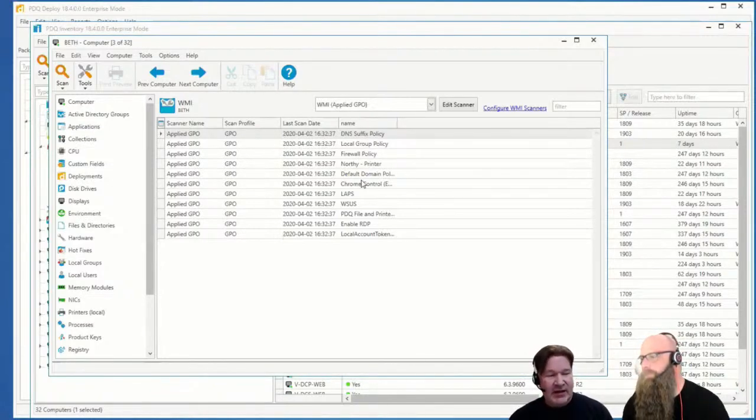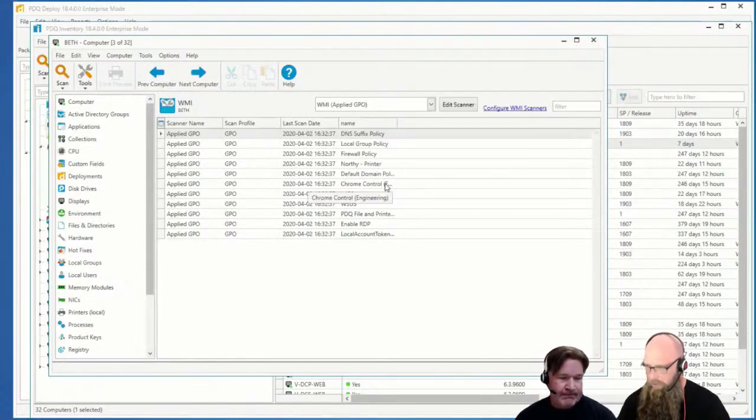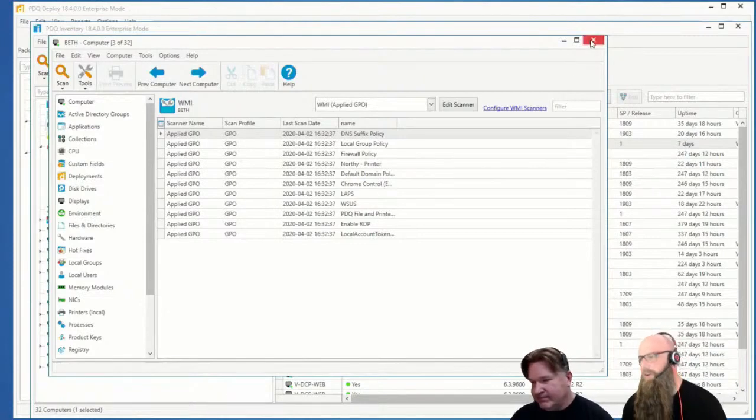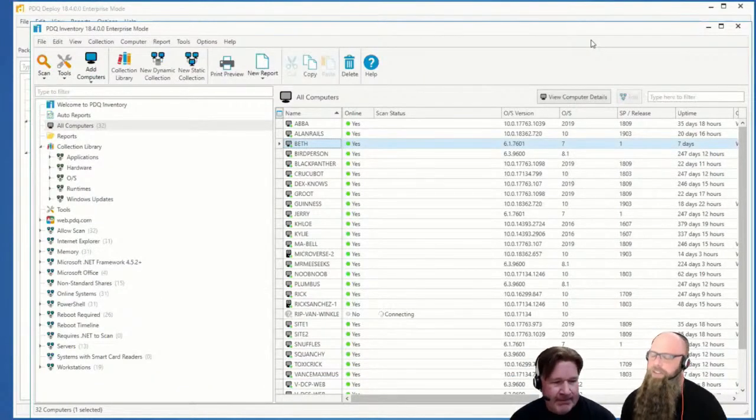Well, how about that? So it did truncate the amount of data it was storing. It's just got our name now. That other data is always going to be collected, since we have to know the scan profile, et cetera. But yep, there you go. The interesting thing would be the registry. I'm going to say yes, but